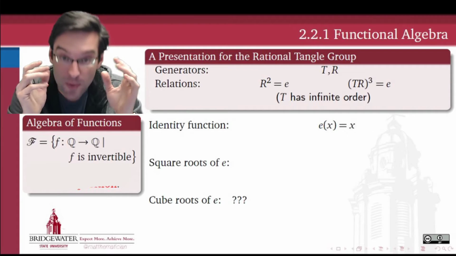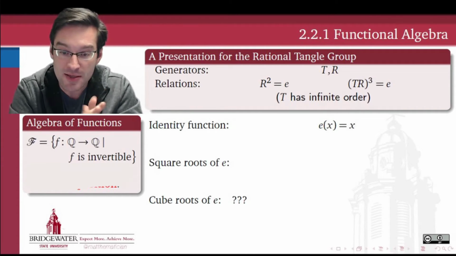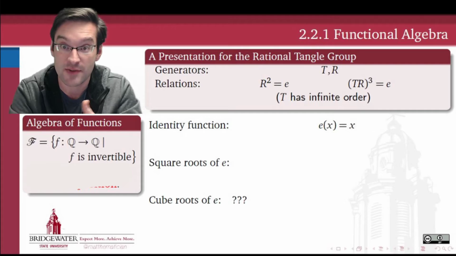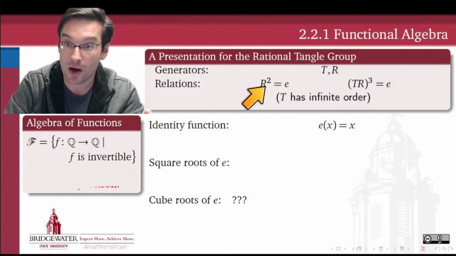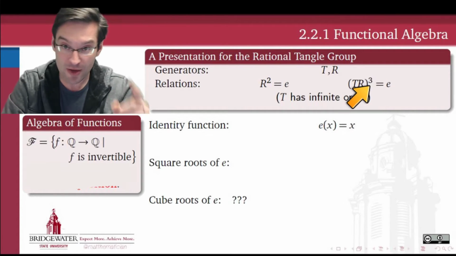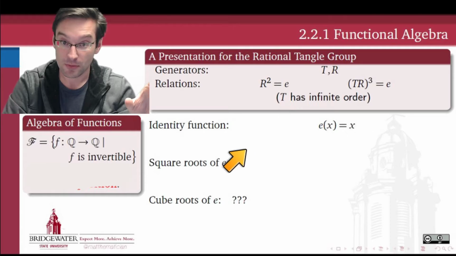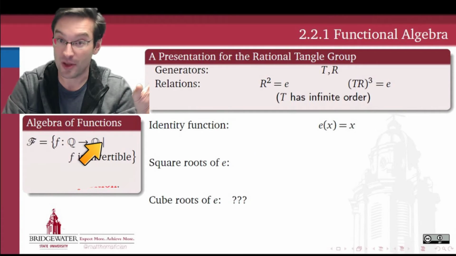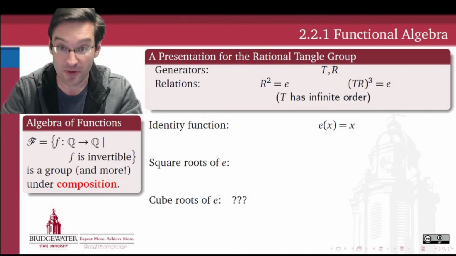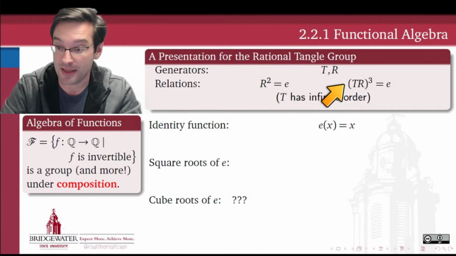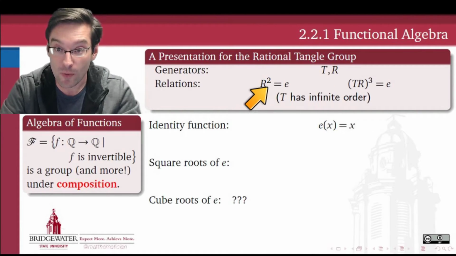So this turns out to be a really interesting question, because what we're going to do in the first phase of this activity is try and focus on these relations, right? R squared is equal to the identity, and TR cubed is equal to the identity. What we're looking for are functions, invertible functions of rational numbers. We're looking for functions that under composition of functions are going to have the same algebra associated with them. So, for example,